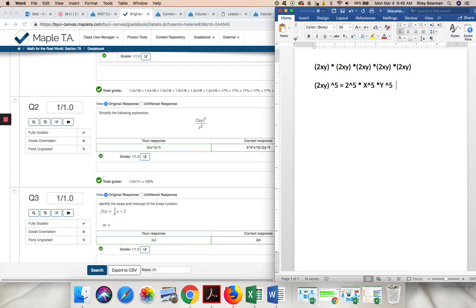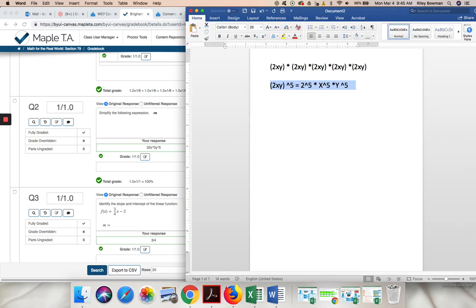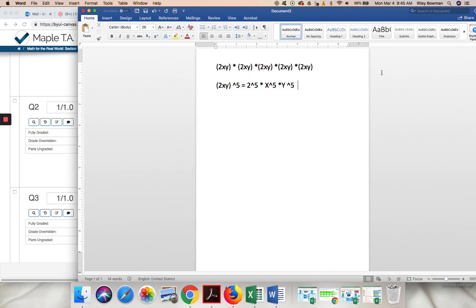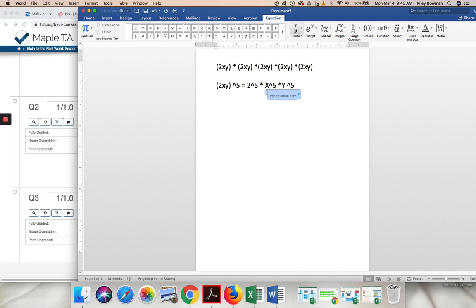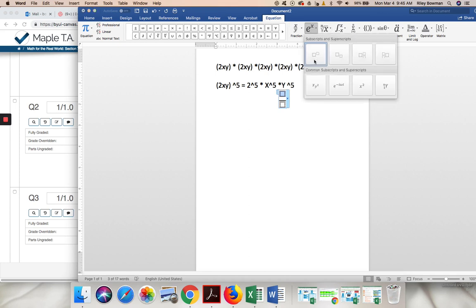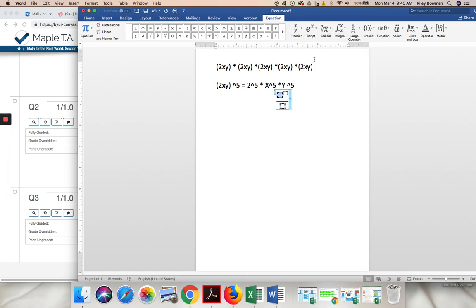There we go. And then on the bottom I have x squared. You know what? Maybe I'm gonna do something that'll make it a little easier. Sorry, my computer is being really slow. I'm gonna insert an equation. Okay, that way we can see the exponents and the fractions and stuff. So up here, I'm going to give us an exponent. There we go. So here I ended up with 2 being raised to the 5,